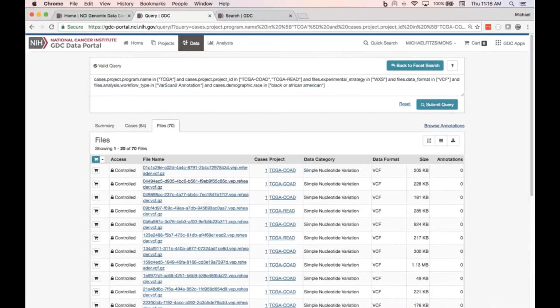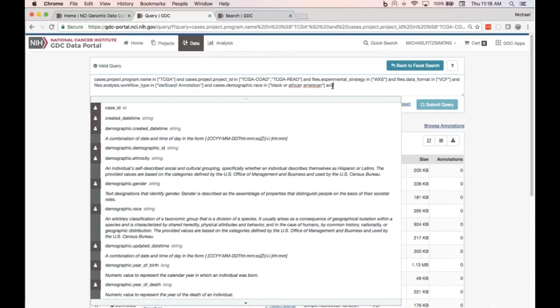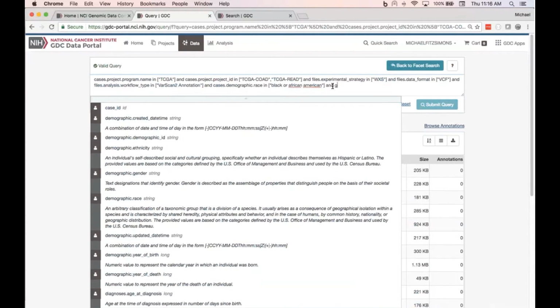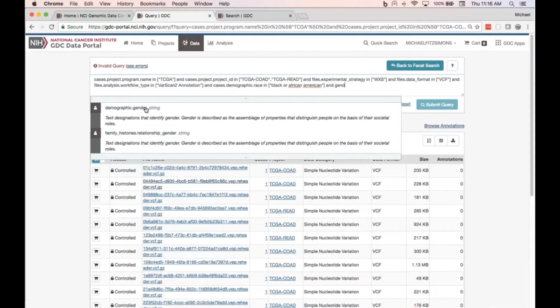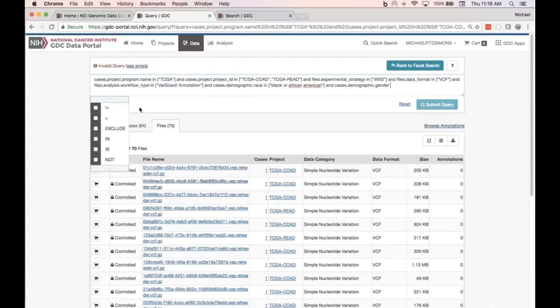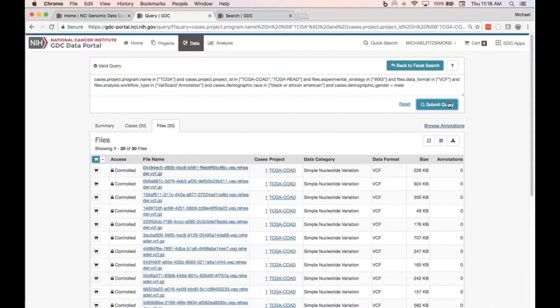So much like that other filtering I was showing you earlier, this also gives you suggestions. So perhaps we also want to apply a gender filter. Okay, so now the number is